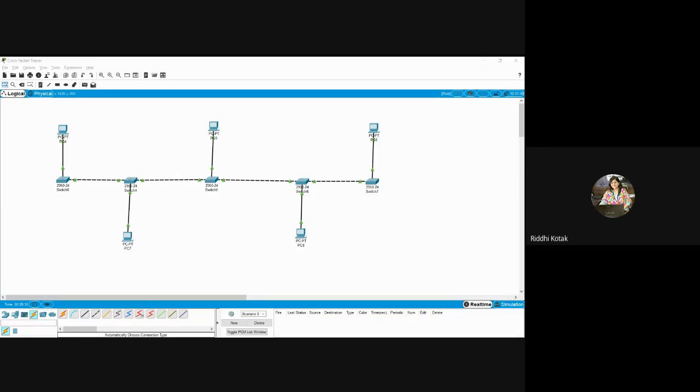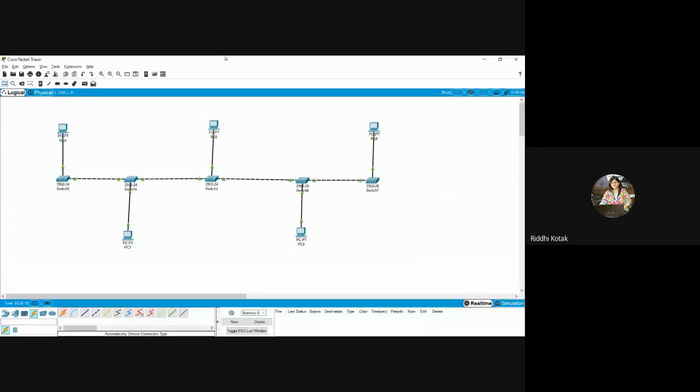Okay, now we will first take the note and then we will configure the PC. First thing, this is ring topology and bus topology.